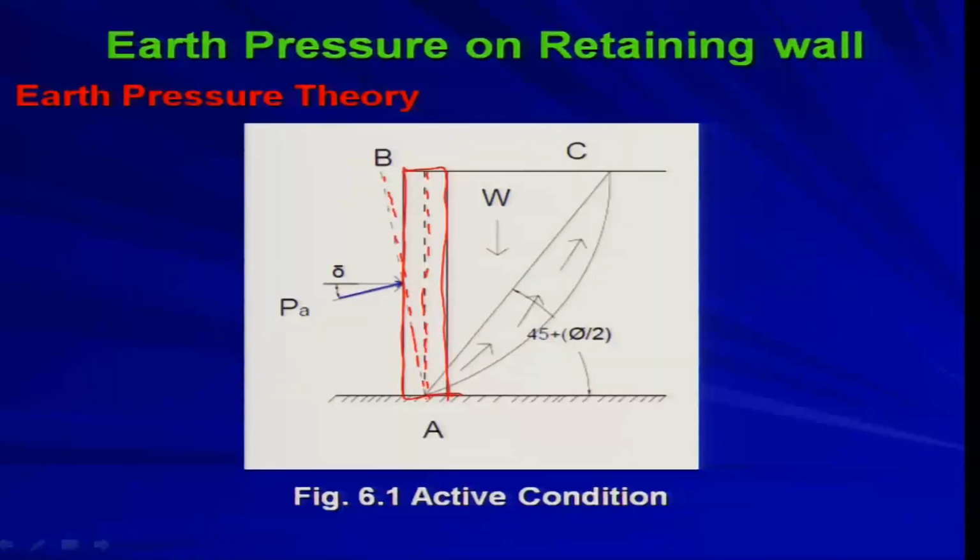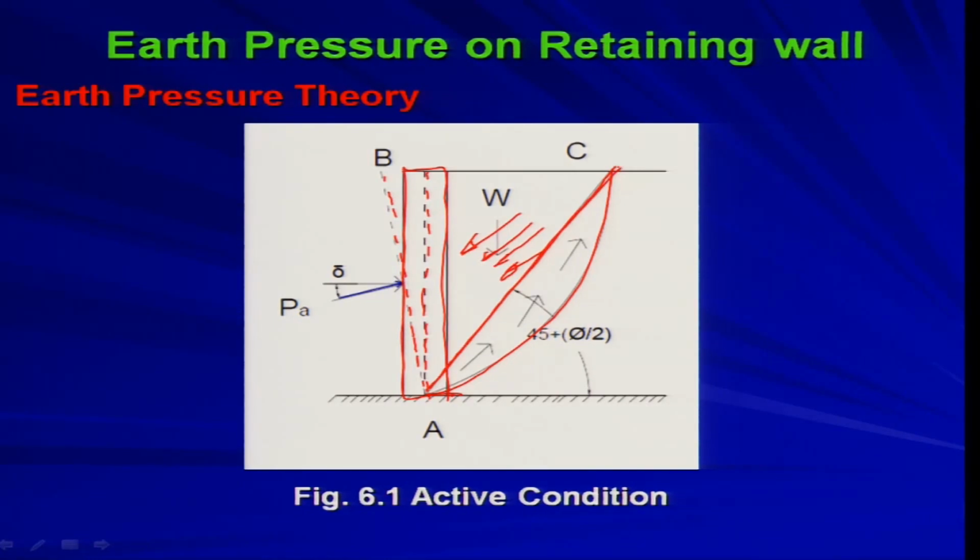So, due to this movement, soil will try to move; this backfill soil will try to move in this direction. This is the direction of movement of the backfill soil, but soil resistance will try to resist that movement. That is why you get a failure surface. The actual failure surface will be a curved one, but to idealize the problem we will solve it with respect to a